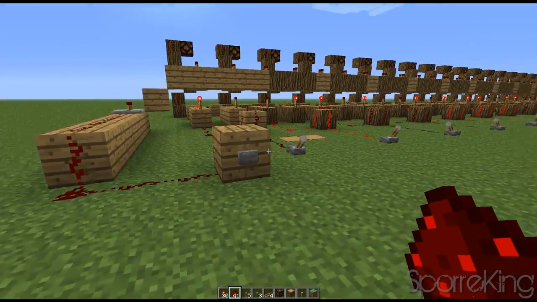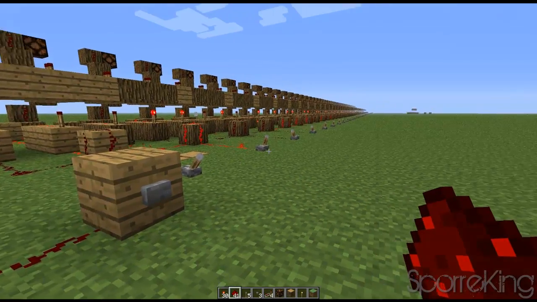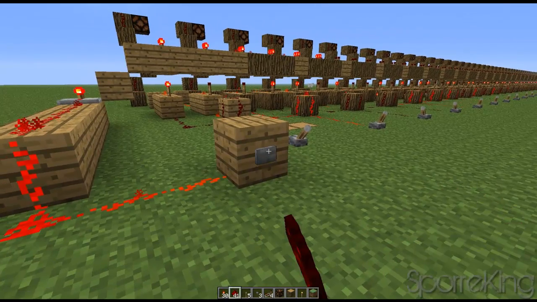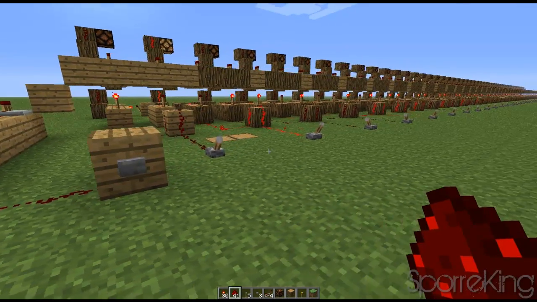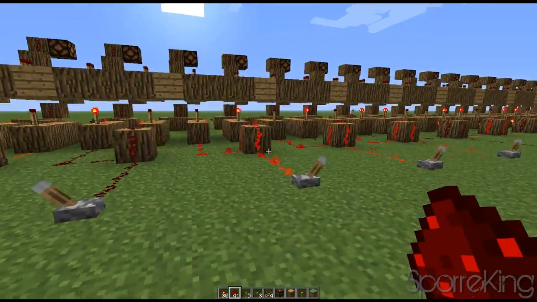So if I now press the button, you see that this one is on. So this will save, and this is the input. So if you now pull the lever, you see that everyone which was turned on